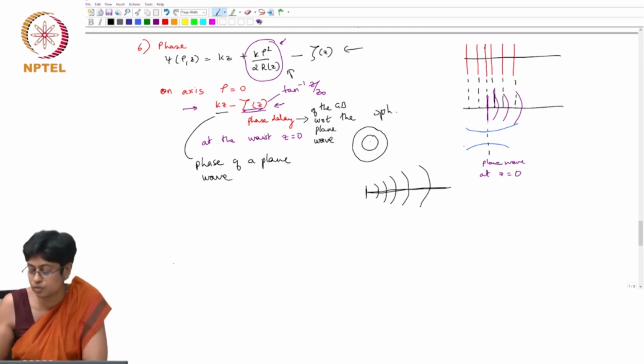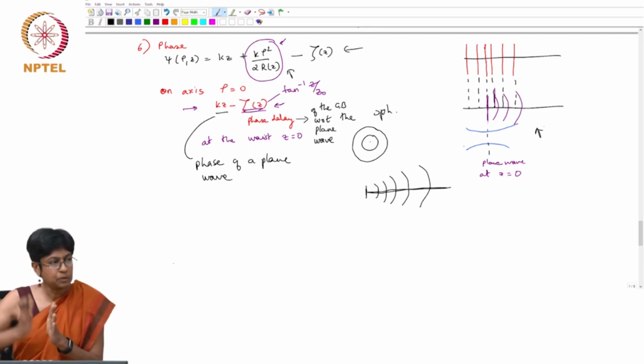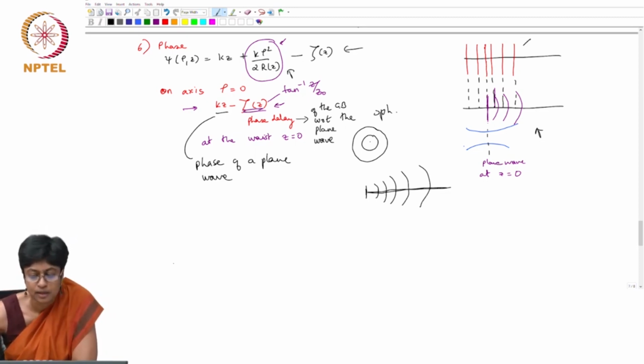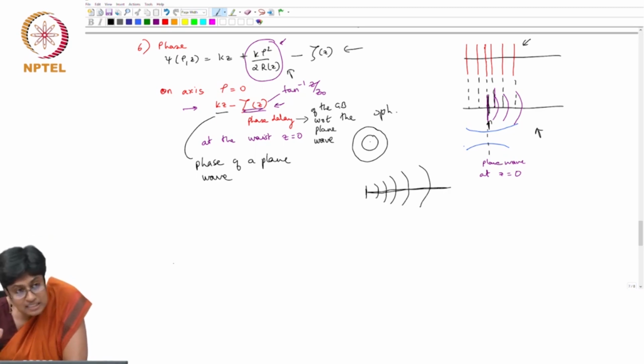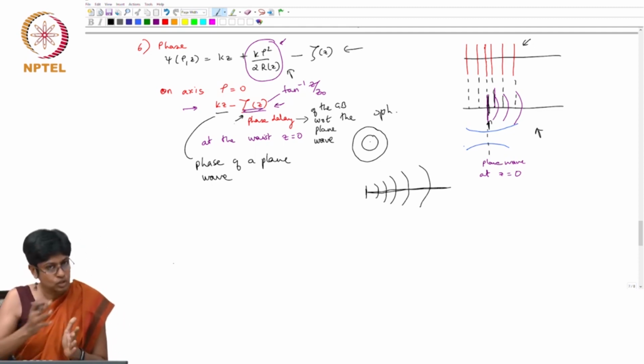And that's the figure that I have drawn over here, where the red lines, I've not drawn this correctly. The plane waves are going to be lambda apart. Okay, so it's equidistant. So these lines should be, consider them that they're equidistant, okay, indicating the wavefronts of a plane wave. And you can see that if this were the waist of the Gaussian beam, here it's in phase, but as the wavefronts move, there is an extra delay, and that is going to go on increasing. Okay, and that is because of this delay. That's what happens on axis.